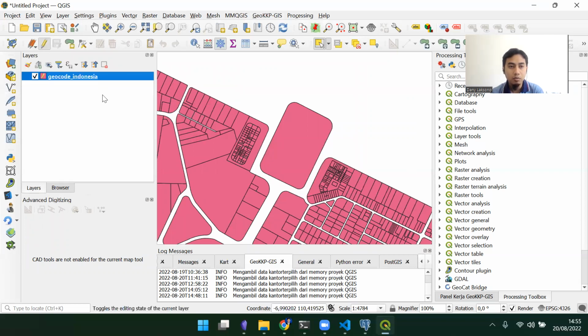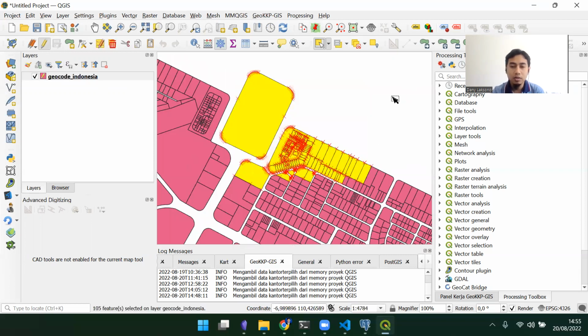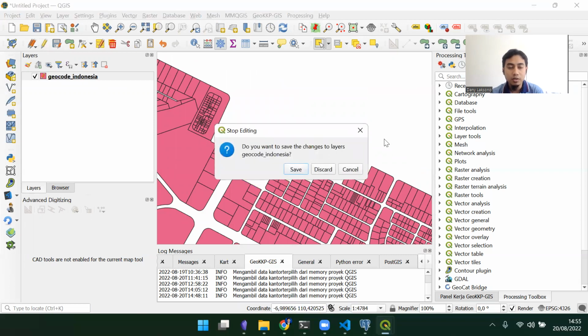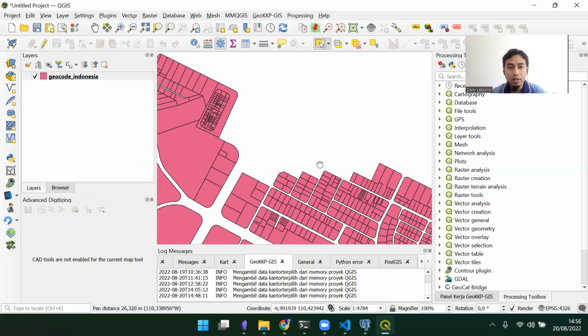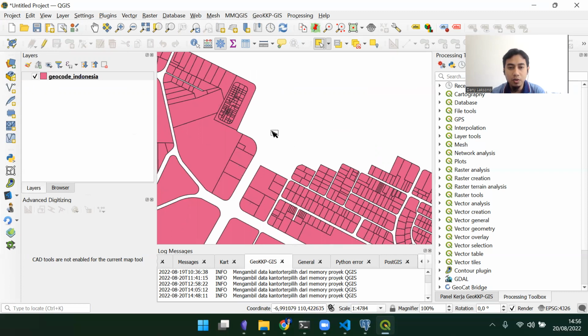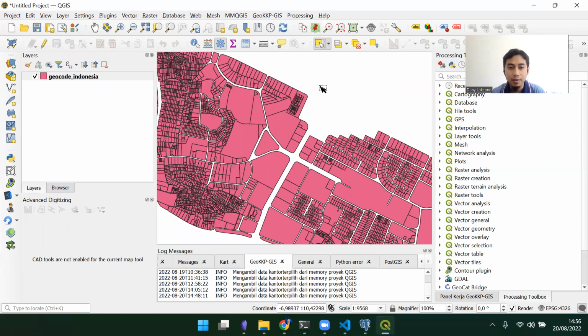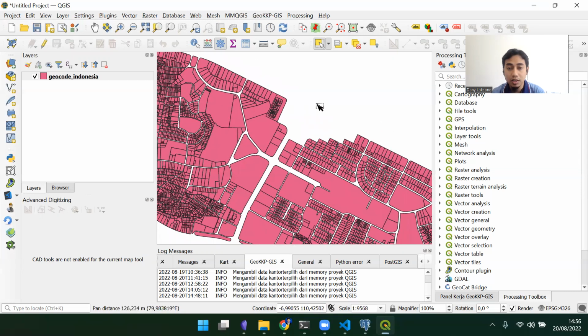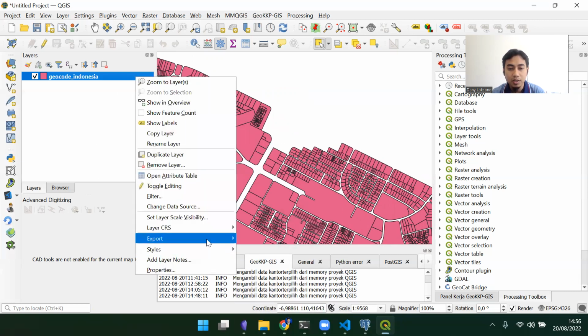So for example, let me delete some of this data here. Let's just delete them. Okay, this is a very extreme case. And I accidentally save this deletion in here. And for example, we want to save the state of this layer where the data doesn't contain all of this land parcel in here. We can use QGIS to export and then save the data and then upload the data later into PostGIS, or